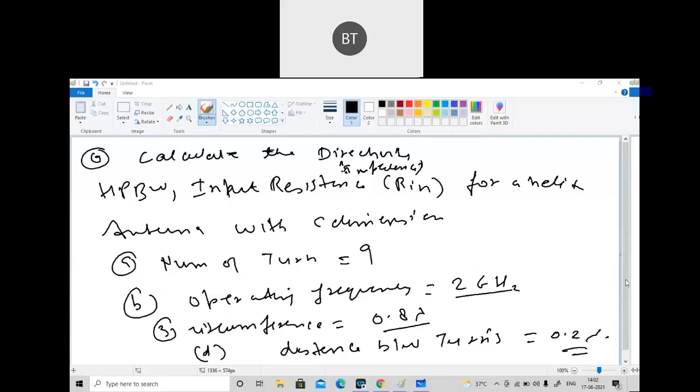Pratibha, what is input impedance here? Charu, am I audible to you? So please tell me, how are you not calculating, or what? Sakshi,